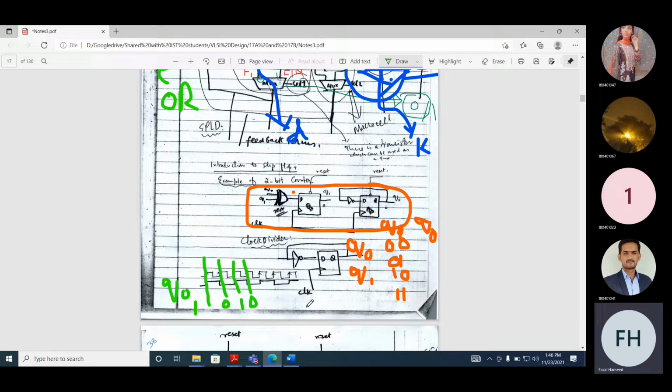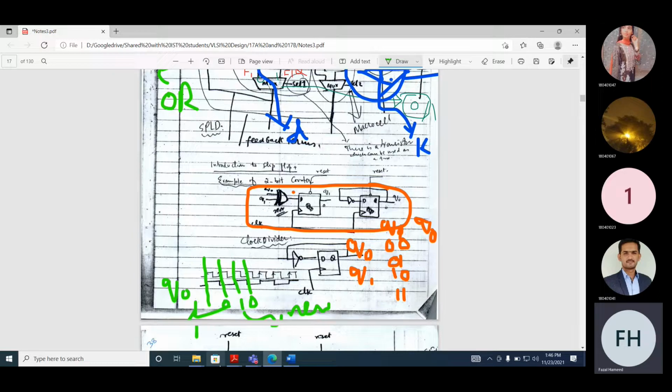Because this Q0 is being fed back to the D input with an inverter, it will consider its previous value. So now this is Q0. What is the previous value? 1. And the previous value is being inverted. When it's inverted, the output will be 0. Now at this point, it's a new value. It means 0 will be the previous value, and when 0 is the previous value, it is being inverted. So if you look at the pattern, how can we implement Q0 efficiently? By feeding back and using an inverter.